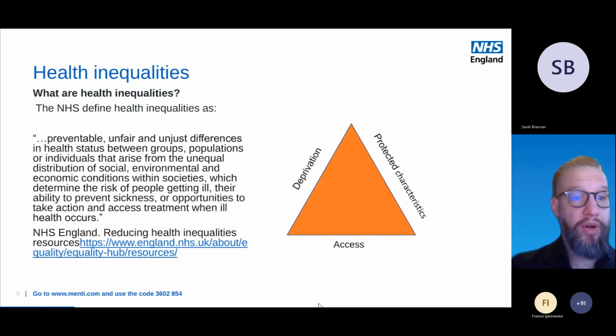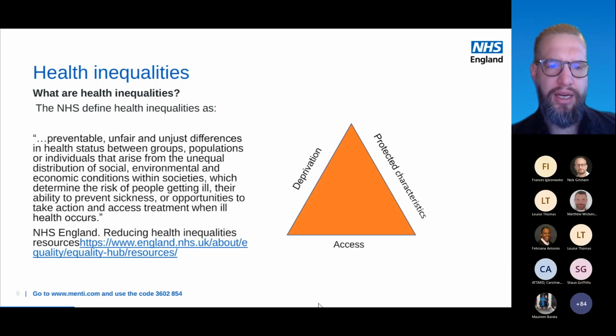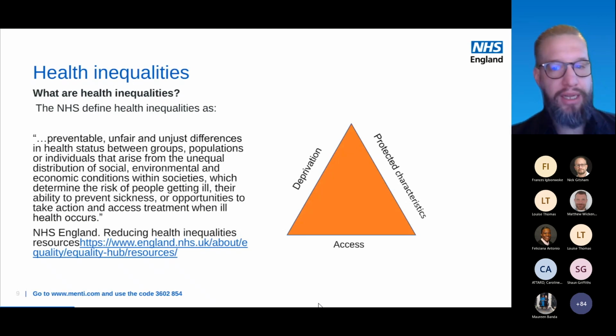So promoting equality, diversity and inclusion is a public service duty. So all publicly funded bodies are responsible for promoting these. And there are three things that need to be considered when thinking about health inequalities, and they are protected characteristics, deprivation, and access. So the NHS has very limited ability to impact who in the population will have protected characteristics, and very little ability to impact on deprivation and the deprivation variance within the communities that we serve. However, we do have considerable impact in terms of how we can support people to access the health services that we are employed to deliver.